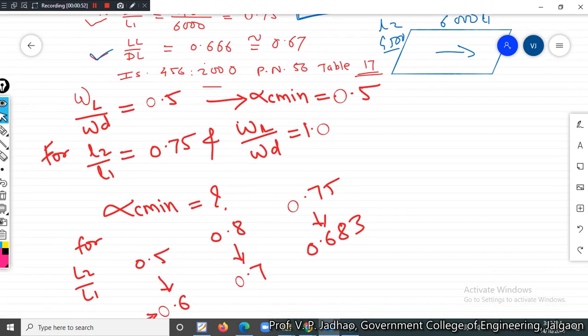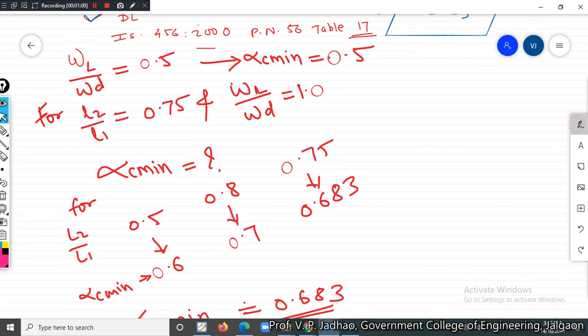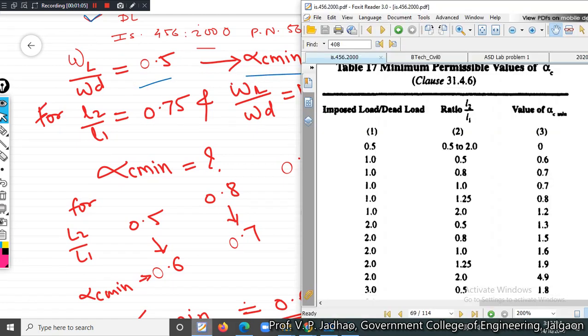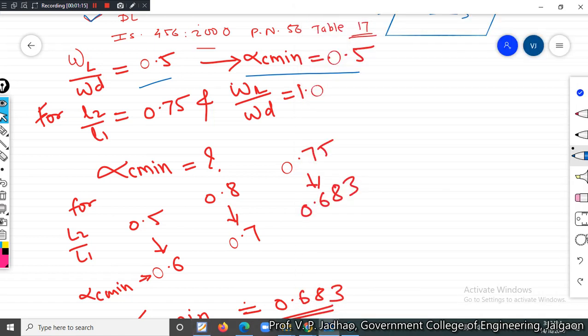Now as per IS 456 2000, page number 56, table number 17, just calculate the value of live load upon dead load ratio, that is for 0.5, alpha C minimum comes out to be, sorry, this value is 0. And for L2 upon L1 of 0.5, and just